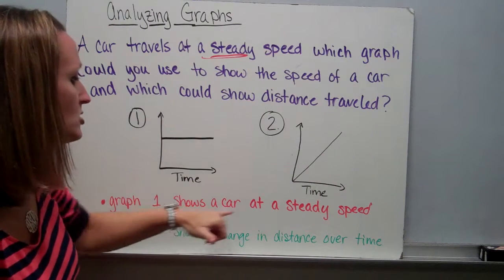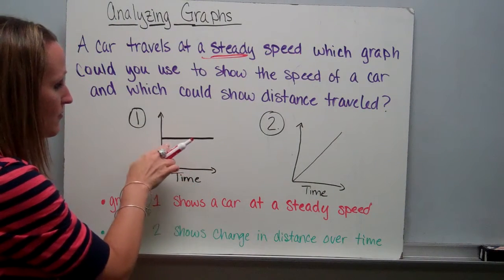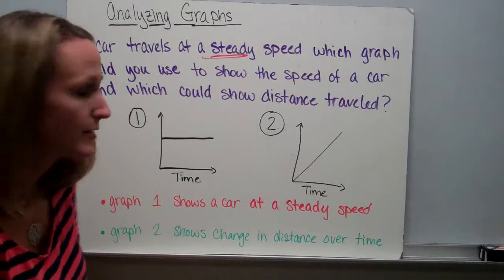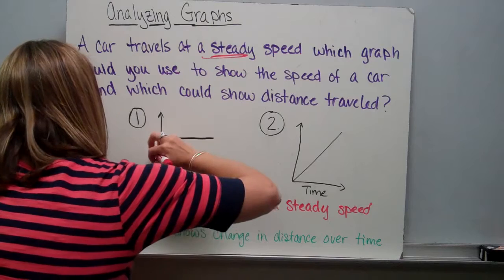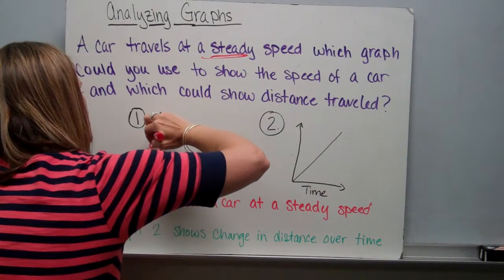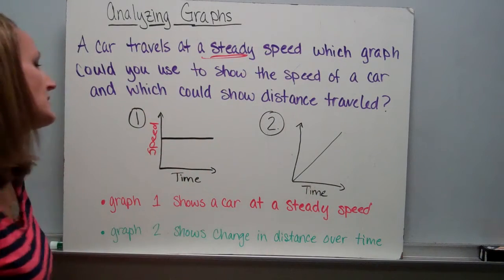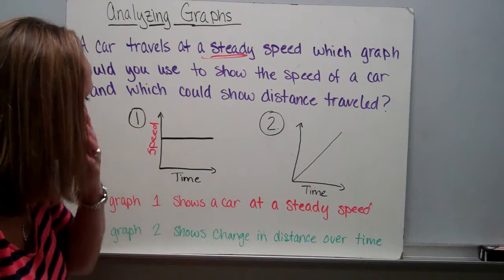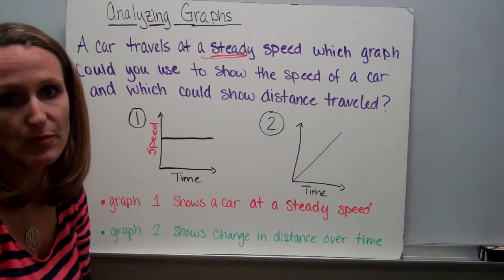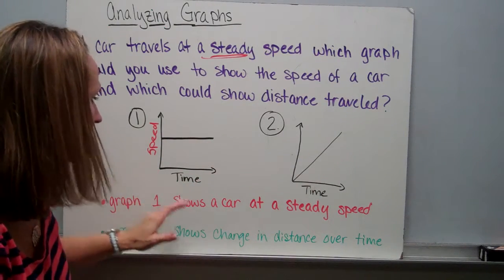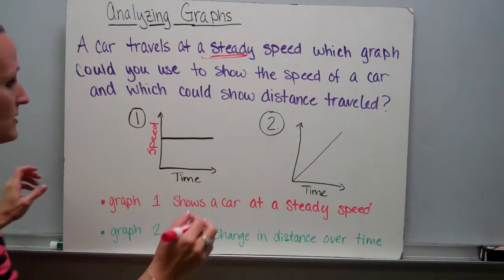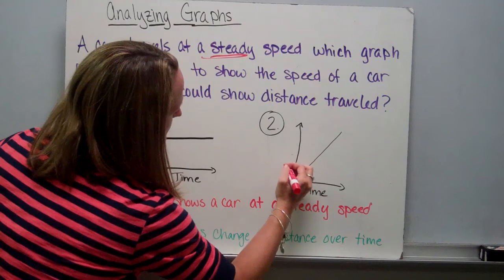So graph 1 shows a steady speed. If you look at graph 1, it's staying at the same rate the entire time. So if we went back and labeled our y-axis on graph 1, we could label this y-axis with the word speed. Okay, our speed here stays exactly the same, kind of like on that other problem where they were waiting for the bus. If we looked here, this one shows change in distance over time. If we labeled this one with the word distance,